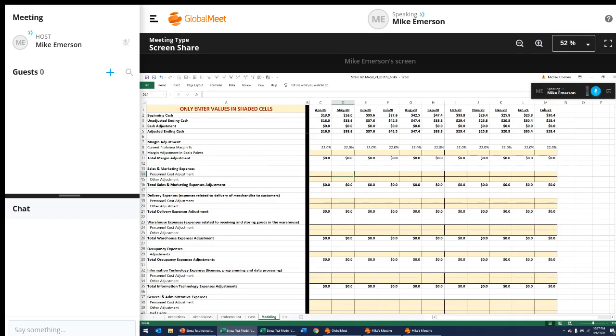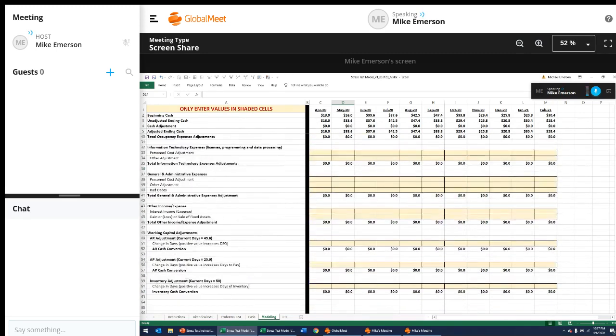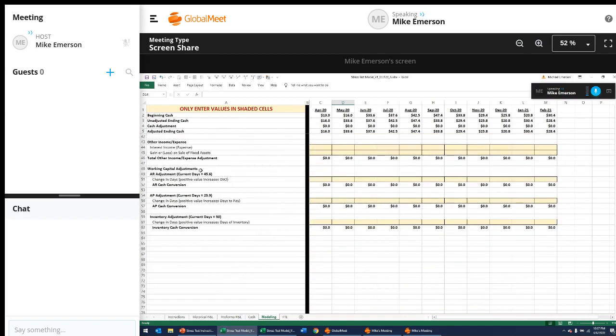Now I'm going to spend a second looking at the working capital accounts here. So we've got our accounts receivable, our accounts payable, and our inventory. Currently, we're getting paid in about 45.6 days from our customers. We're paying our suppliers in 25.9 days, and we're carrying about 50 days worth of inventory. If you recall, the decline that we projected on the pro forma P&L was relatively subtle. It was certainly not catastrophic. Certainly something we've been through in prior recessions. However,